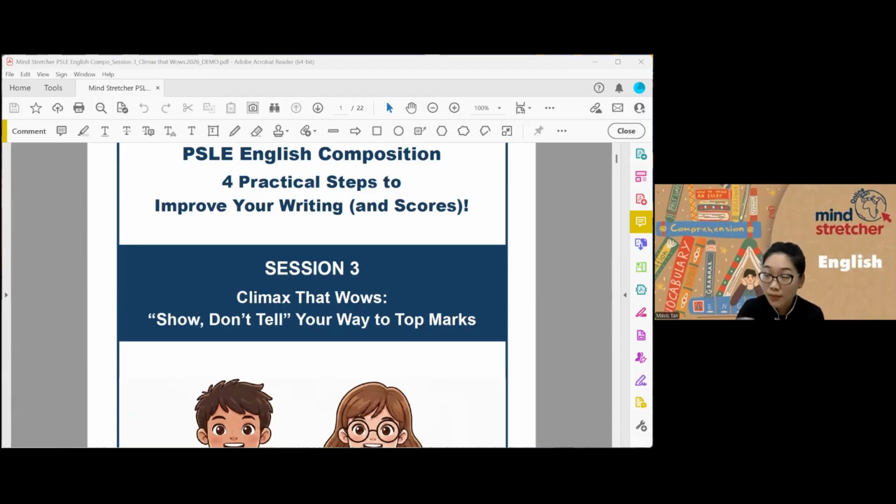I'm looking at the chat. Share your responses with me in the chat. What is the climax in a story? What is its function? Every part of a story has its function, right? So when we talked about rising action last week, all of you said it's to build things up, to build up the problem, and bam, something's going to happen in the climax. So what is the climax and what is the function of the climax?